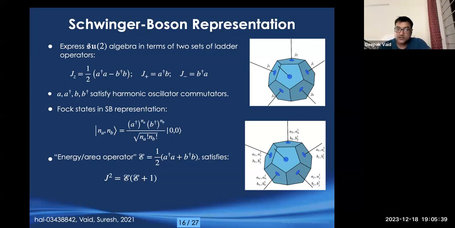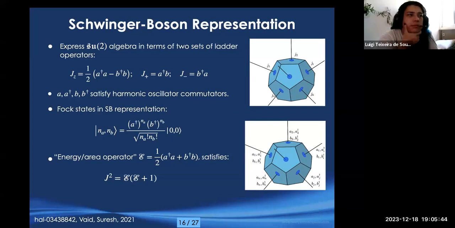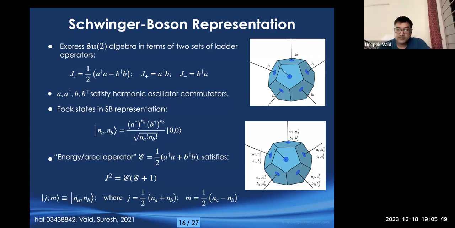Right. And now what is this J square? J square gives you the area. And so what is the relationship between this harmonic oscillator Fock space and the angular momentum state space? Right? NA and NB label the harmonic oscillator excited states. Right? But the